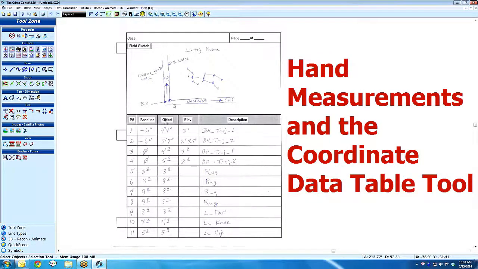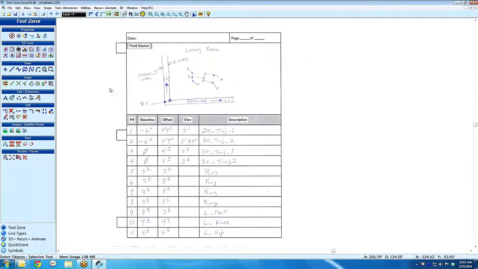This is a little sheet we include in the program. It's designed to be snapped into a 3-ring binder. If you want, you can print them out, and it's something we've developed with local departments over the years and modified. This is just an example of a living room where we have a body, a wall, some bullet holes, and these are the dimensions that were taken. I'm showing you this handwritten one so you can see how we'll take that data